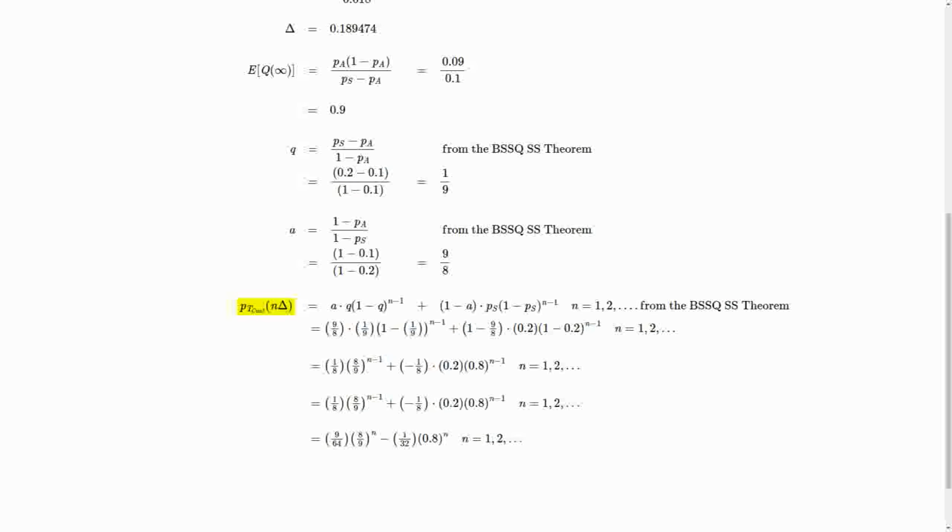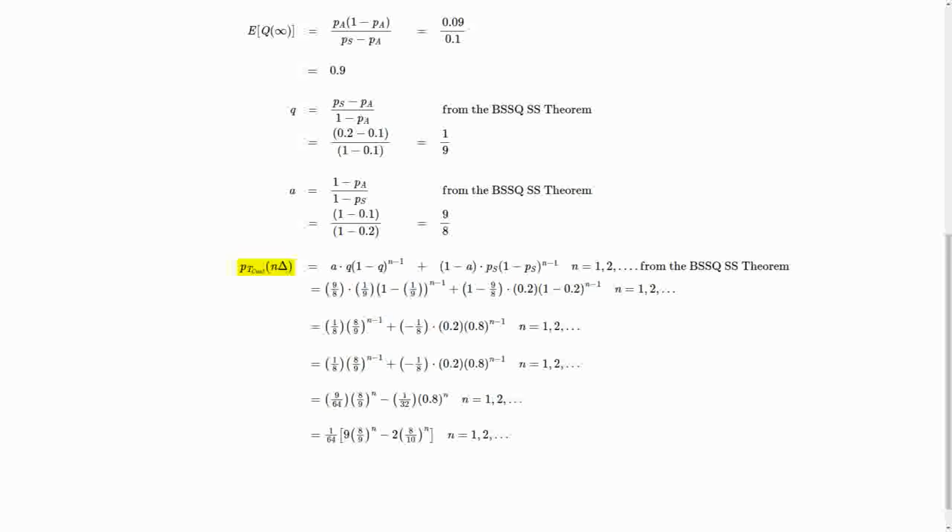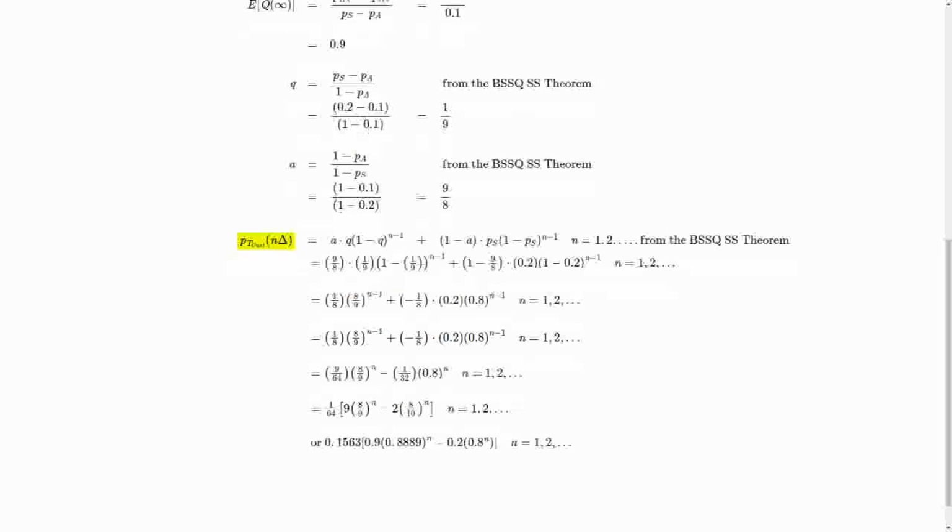And this simplifies to 0.1563 times 0.9 times 0.8 repeating to the n, minus 0.2 times 0.8 to the n, for n equals 1, 2,